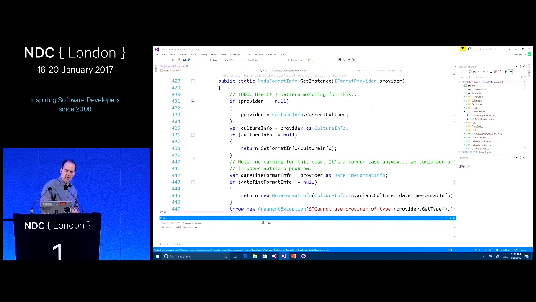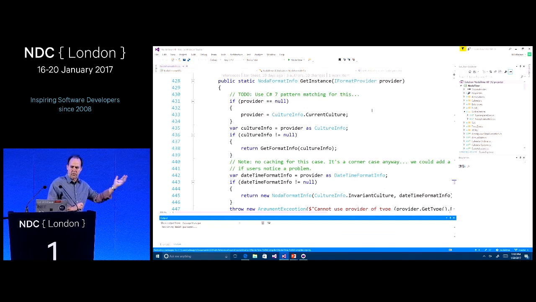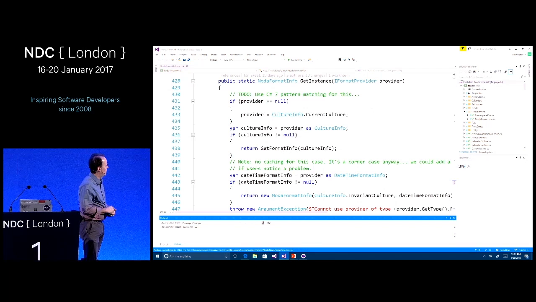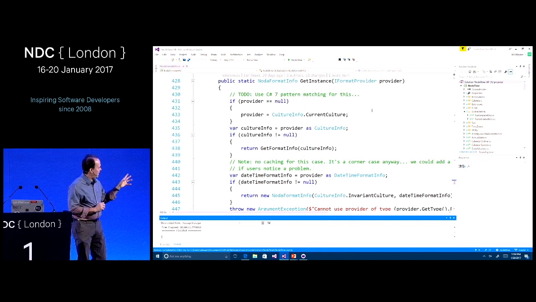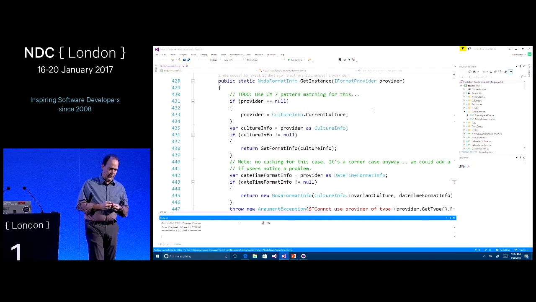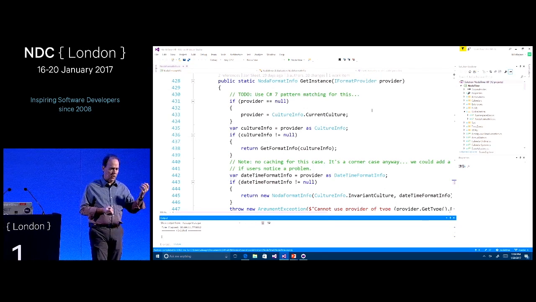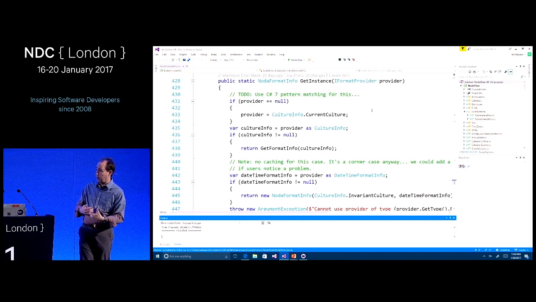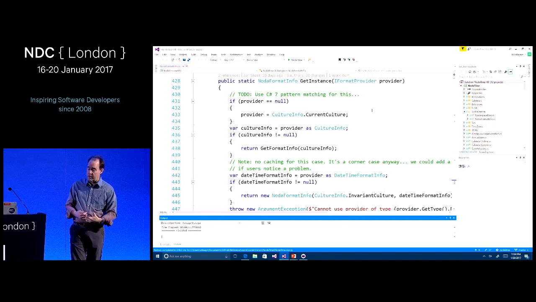And if we walk through it, we can see that, okay, so if the provider that came in was null, well, we're going to use the current culture. Okay, so far so good. If the provider is not null, well, let's see if it is a culture info object. If so, I'm going to call get format info on a culture info object, get the right information for the culture that we're working in at this point in time, which is cached in Node at Time because you're probably using the same time zones for different